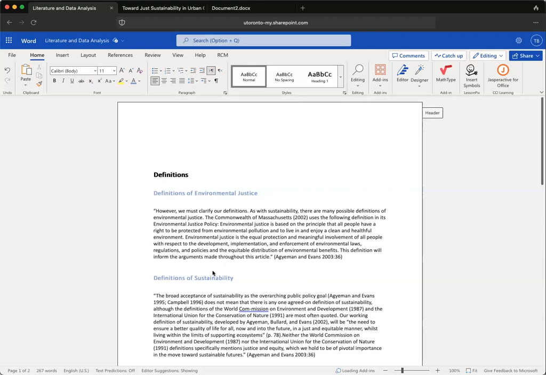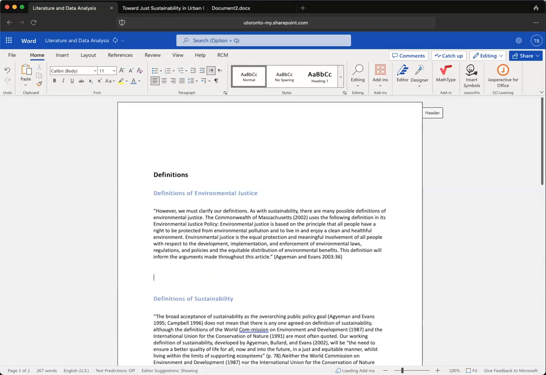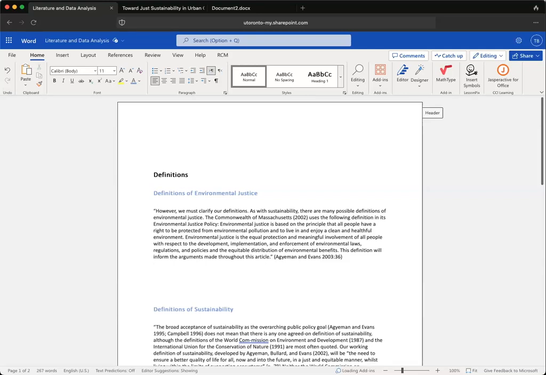So, and even within this, we might have definitions of environmental justice, we have them all listed, and then we might want to pull out themes from the definitions. So I don't have more than one definition, so this will be pretty preliminary, but you can look at this definition and say, people have a right to be protected from environmental pollution and enjoy a clean and healthful environment. So just there, we could see that there are different parts of